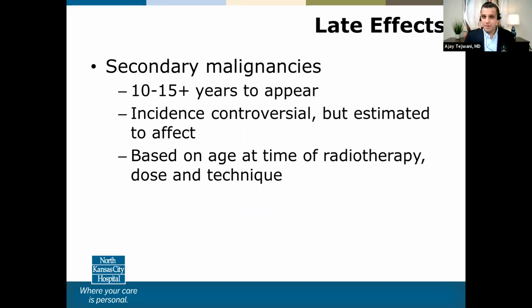And then lastly, the biggest concern with radiation is something called secondary malignancies. And when I say the biggest concern, I mean, when patients discuss radiation with us about their apprehension, when you see it in the news, they're often referring to secondary malignancies. And what that means is cancers caused by radiation. Now, when you start looking at it, it's actually very rare. These cancers often appear 10 to 15 years after the radiation has been given or the radiation exposure. And it's extremely rare. What I mean by that is modern estimates can sometimes be as low as 1 in